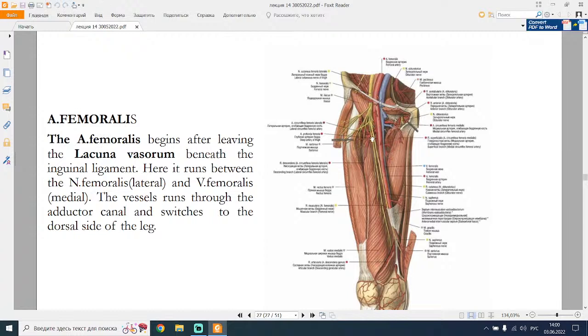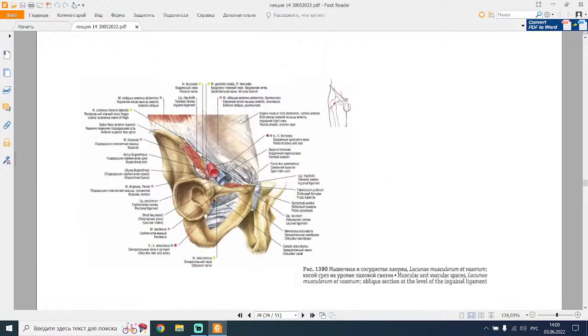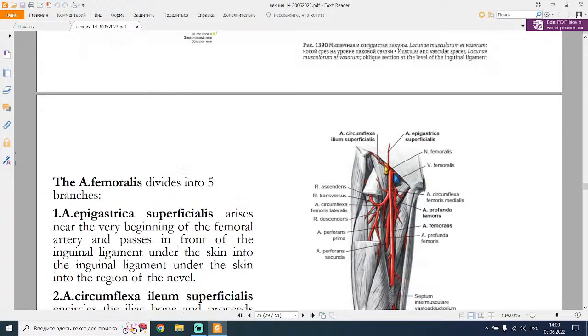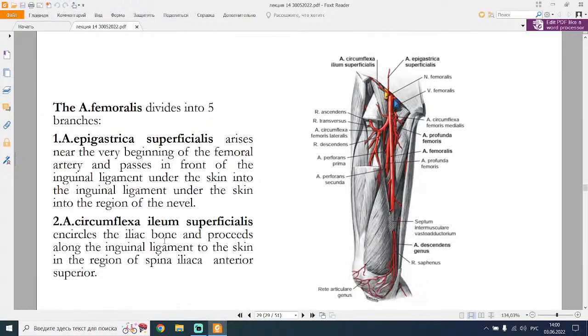Lacuna vasorum. Arteria femoralis. This is, you see, lacuna vasorum, arteria femoralis, vena femoralis. Arteria femoralis divides into 5 branches. First branch is arteria epigastrica